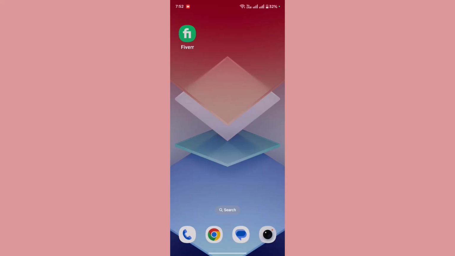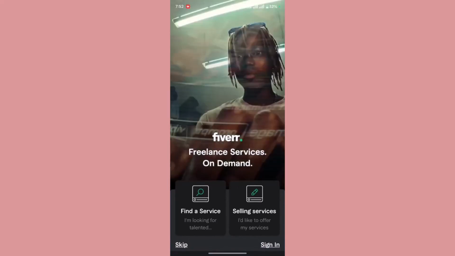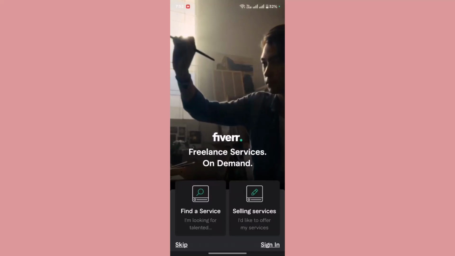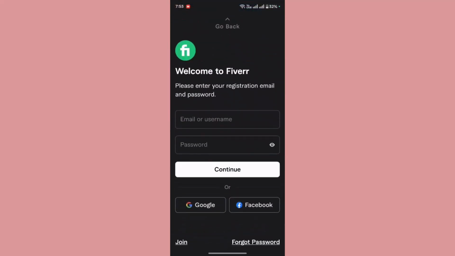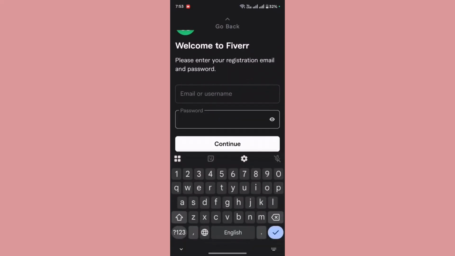So, if you want to create an account on Fiverr, what you're gonna do is, first of all, launch the Fiverr application on your device. After you do that, in the bottom right corner you can see the option sign in. Tap on it. Now, you can either use your email or your username and your password if you already have